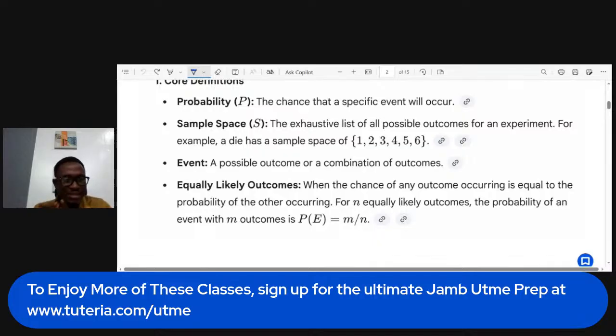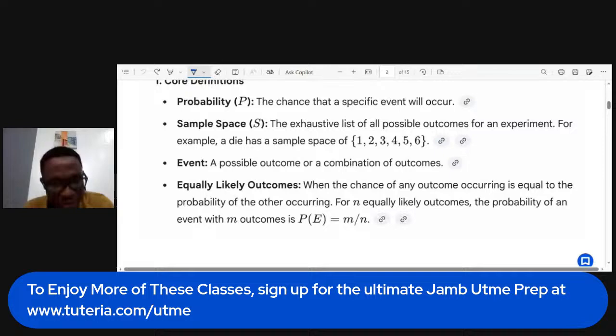But an event is when you toss a die up, right? What is the probability of getting head, or getting 1, or getting 2, or getting an odd number, or getting an even number? So that event is particular to what you are looking for. So if I say, what is the probability of getting an even number when you throw a die? I'm talking about events, but sample space talks about everything, all possible outcomes of that particular experiment you are carrying out.